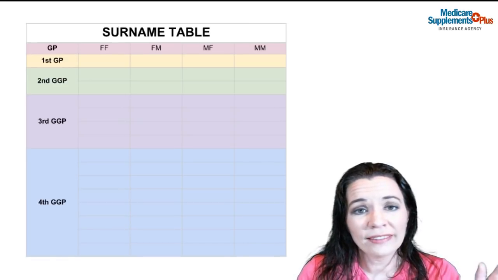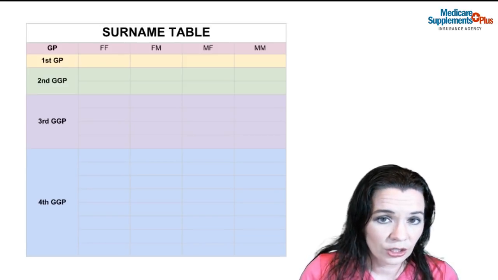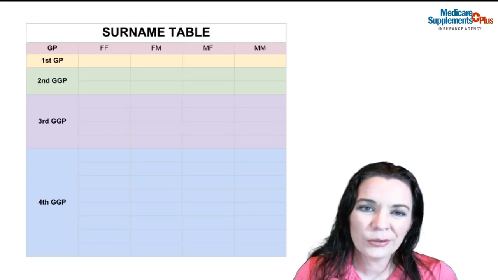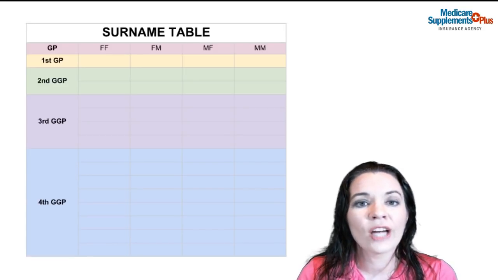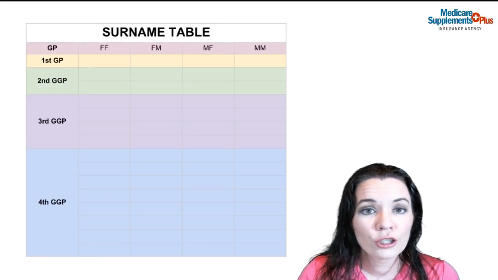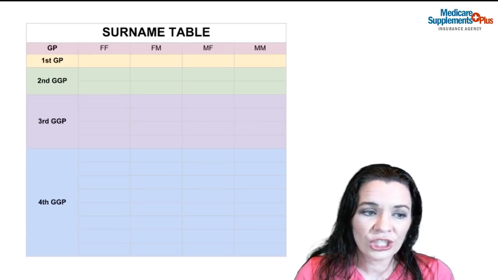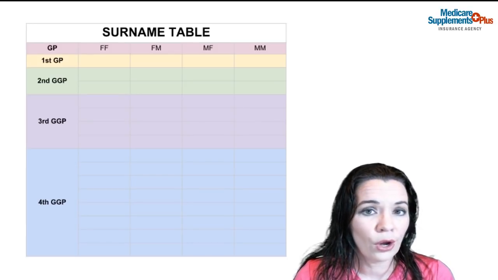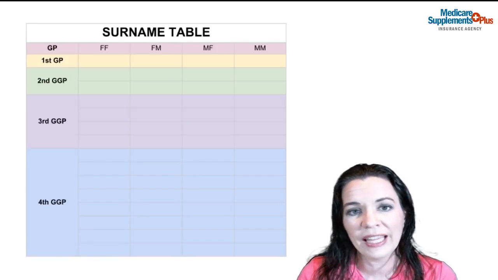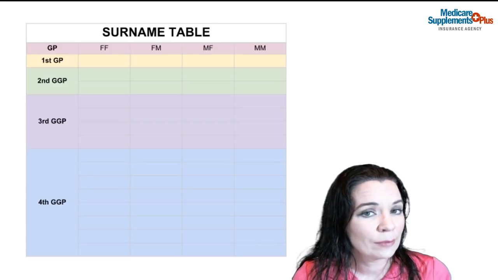Then you're going to label the first column with the generations of the names that you're going to include. The first row is going to be your grandparents. There's really no need to start with your parents. Go ahead and hop to your grandparents and you will list your 4 surname lines in that row. And then the next row, which is actually going to be another single row, is going to be your first great grandparents, and I'll explain more how that takes place, why there's one more row of names.